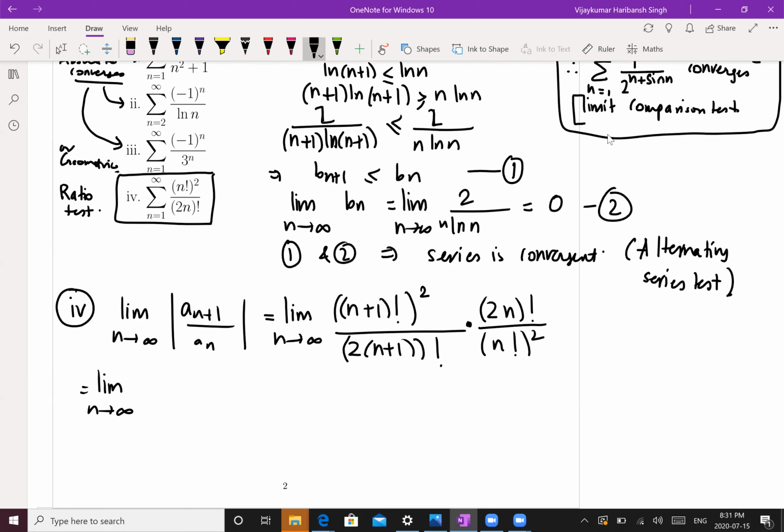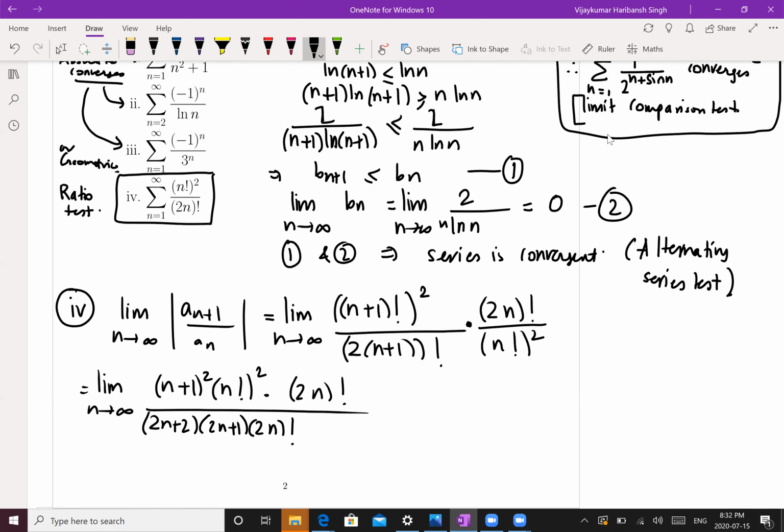(n+1) factorial squared can be written as (n+1) squared times n factorial, the whole squared. And (2n+2) factorial can be written as (2n+2) times (2n+1) times (2n) factorial. And then here we have n factorial squared. So now when we cancel this with this, and this with this,